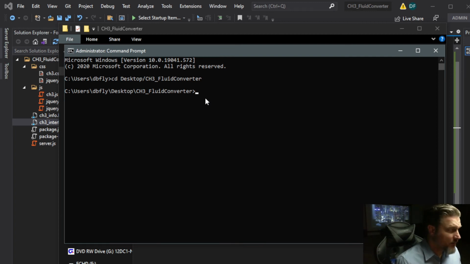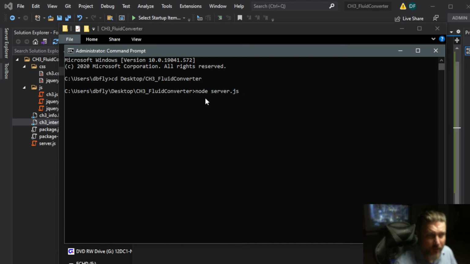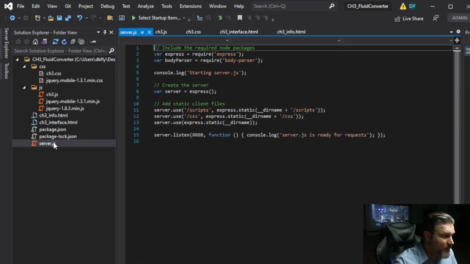Once you're here and you have all the files in the right place that I gave you, all you should have to do is type node server.js. So this is saying use the node program that we downloaded and installed to run that server JavaScript that I gave you earlier. And that server JavaScript, if you look at it,